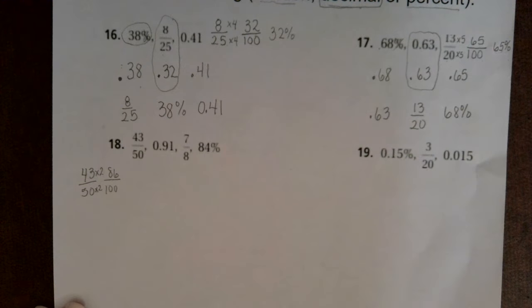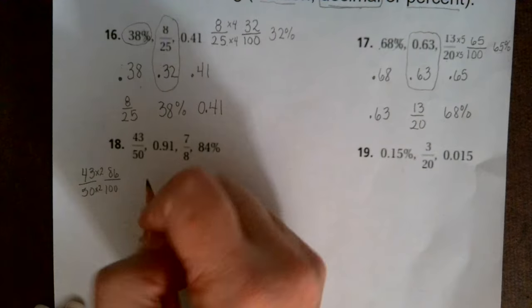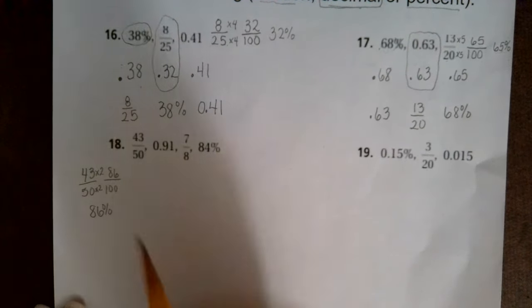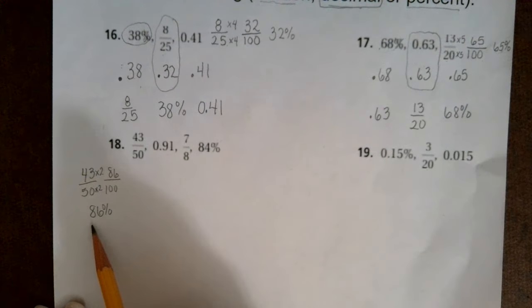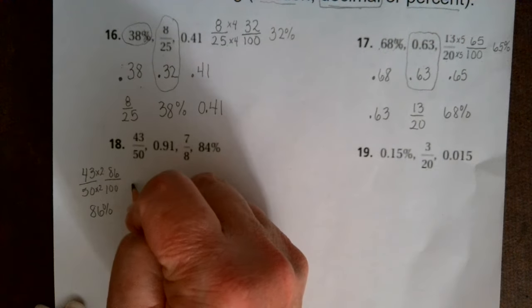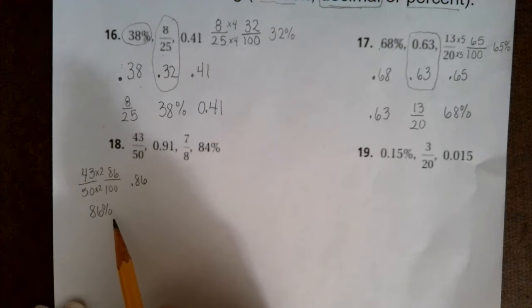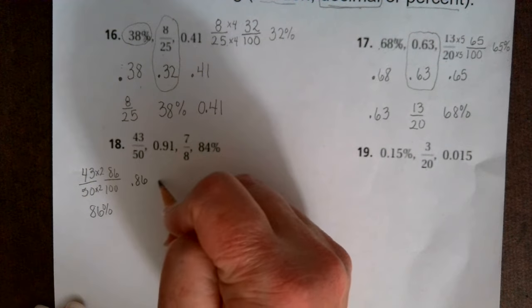So that would be 86 hundredths, and that would be 86%. And if I'm changing that 86% to a decimal, you drop that percent sign and just move the decimal back. 91 hundredths